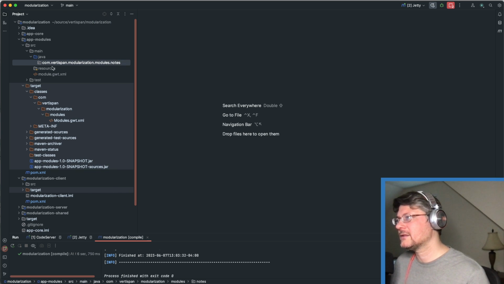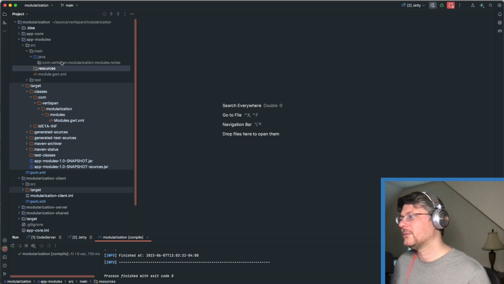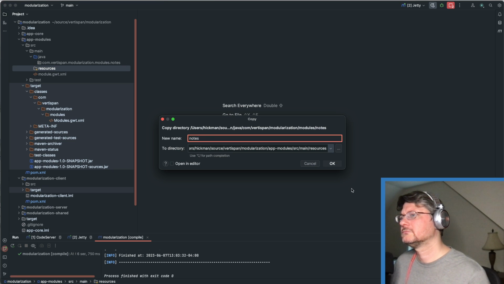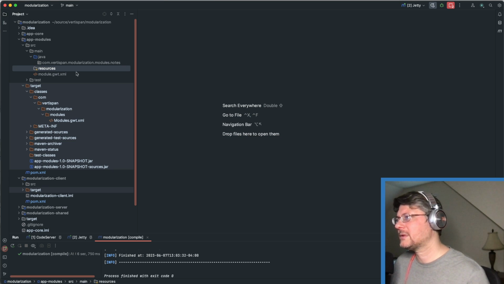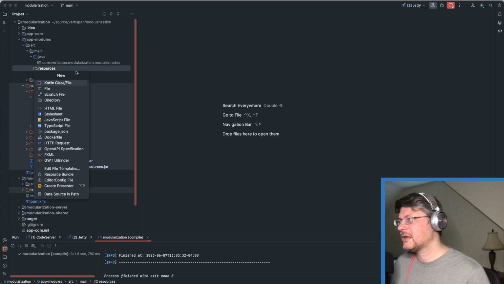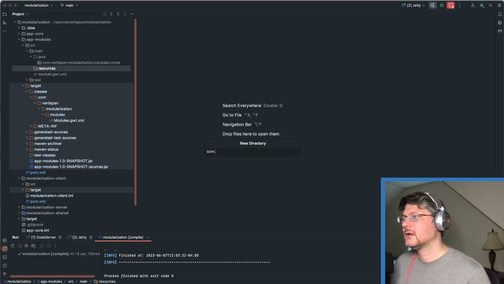So that is the structure that I want. What I can do is copy. Nope, that's just going to copy that one directory. Ugh, I just didn't want to have to type this all again. And it's because in resources it's a directory structure. Vertispan